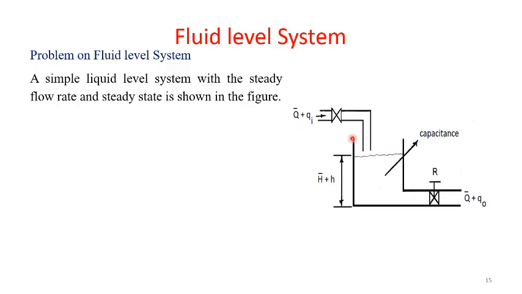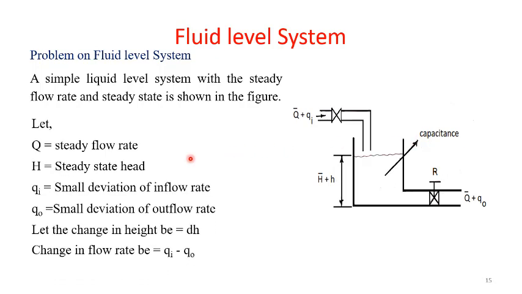So here we are having a fluid tank. The rate of flow which is entering into this tank is Qi, and the output from this one is Q0, and the pressure head in a fluid, usually the pressure in fluids is denoted by the head of the fluid. The fluid which is flowing out of the tank is restricted through a valve, that will be the flow resistance, and the fluid which is stored in the tank is the capacitance.